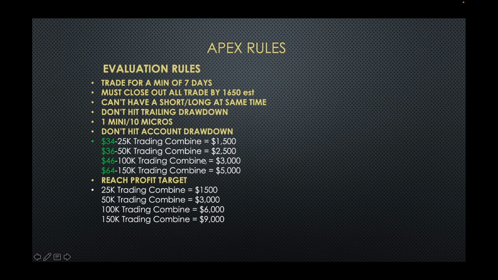Because basically, the 100K account, you need to make 100% of your drawdown to make your profit. If you make 100% of your 150K, you'll be making $10,000. So you really don't have to make 100% of your drawdown to make that. So that's where the benefits come in there. So that's why I say 25K, 50 or 150 is probably your best bet, Apex.